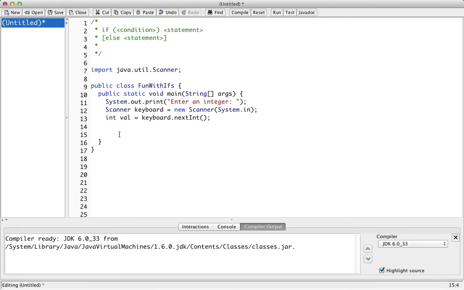You get one chance to guess the number, and the number will always be 5. So if val equals 5,